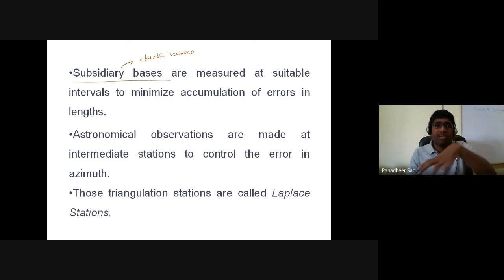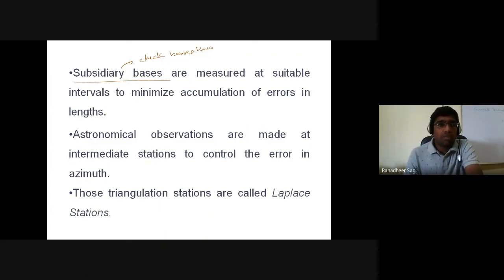Subsidiary in the sense of intermediate. Okay, so at some check base, you are trying to measure the lengths of the lines exactly in the field, how much it is, and how much you have got from the calculated value. So the difference between what is measured and what is calculated helps us understand how much error is getting accumulated in the process of preparing that network, or in the process of representing that network in your map. By making use of your check lines or check base lines, we can identify the amount of error,